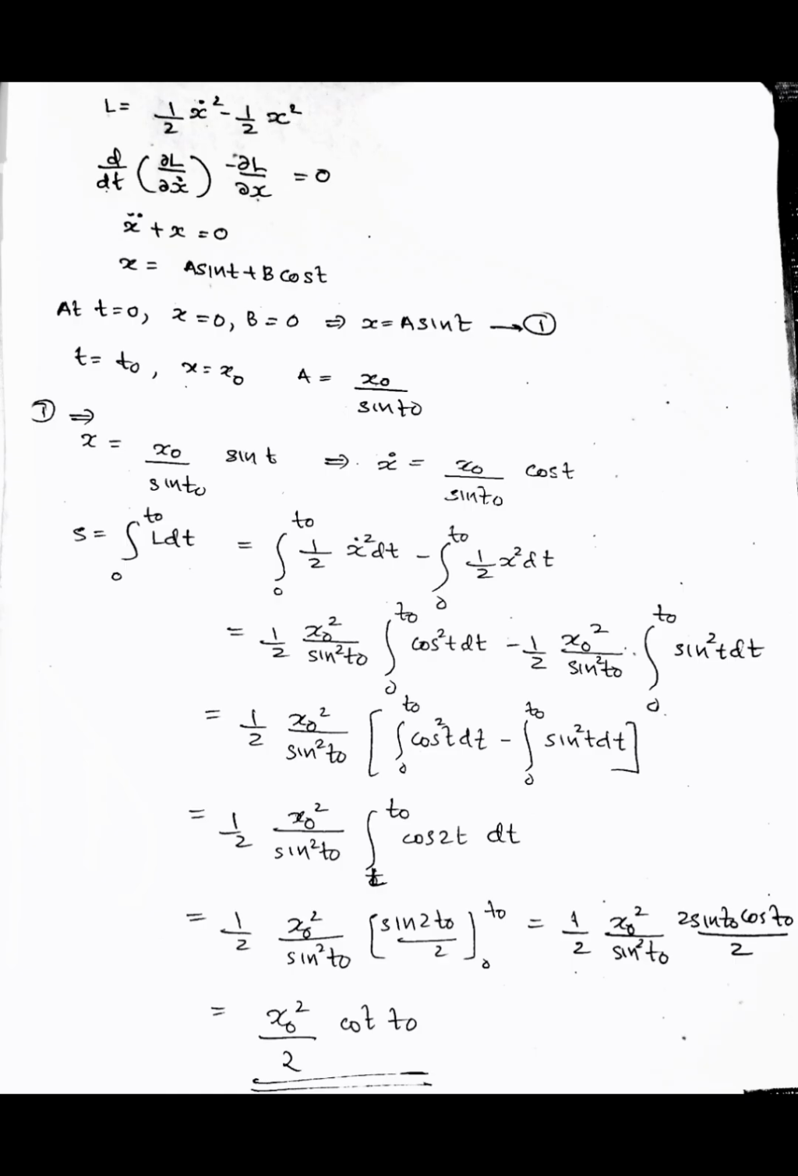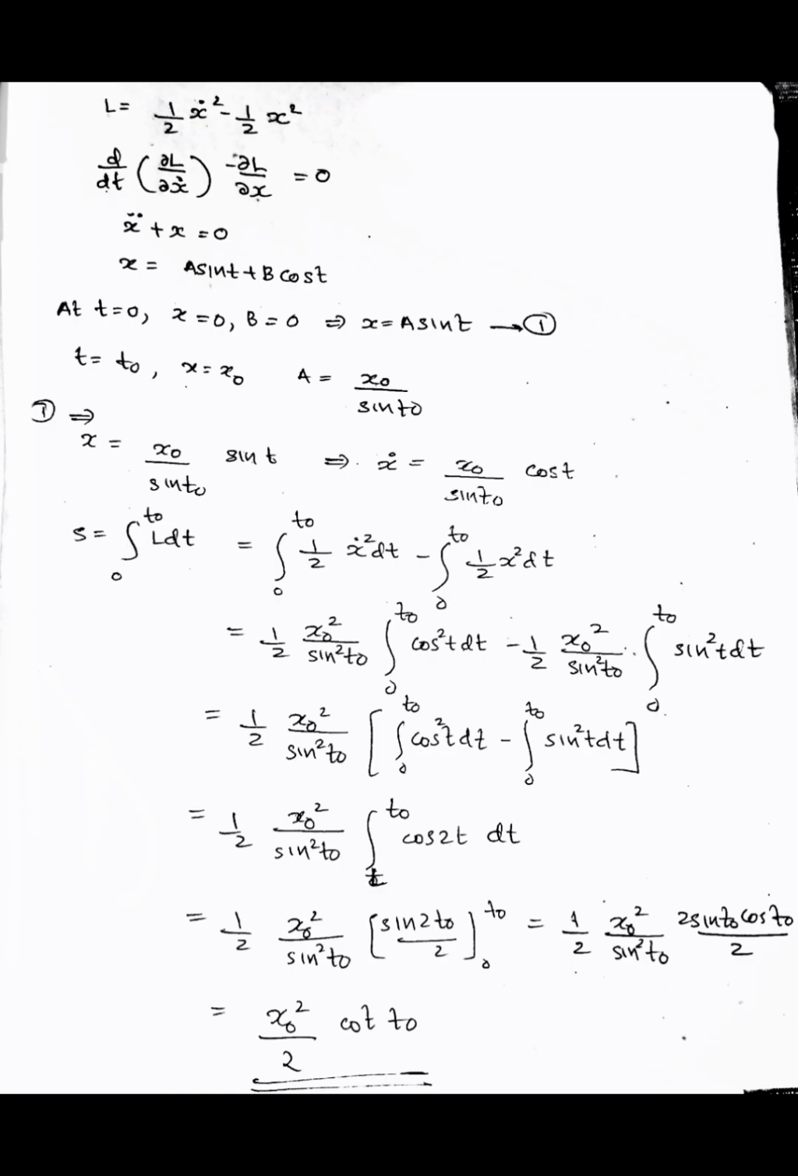So equation 1 can be written as a = x₀/sin t₀. So x = (x₀/sin t₀) sin t, that is ẋ = (x₀/sin t₀) cos t. From here we can calculate the value of S, that is the action, which is equal to the integral over 0 to t₀ of L dt,